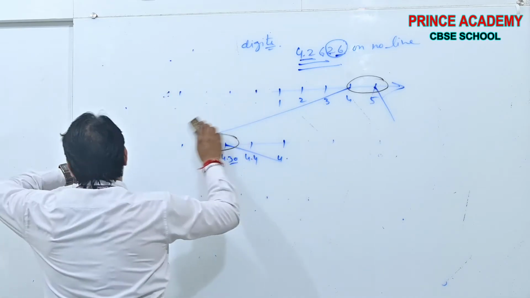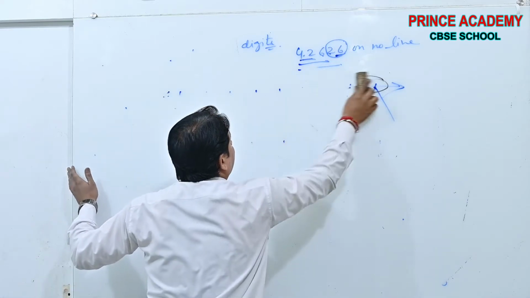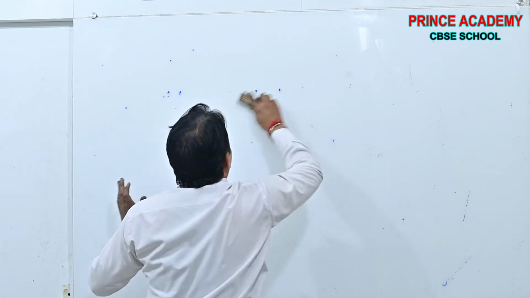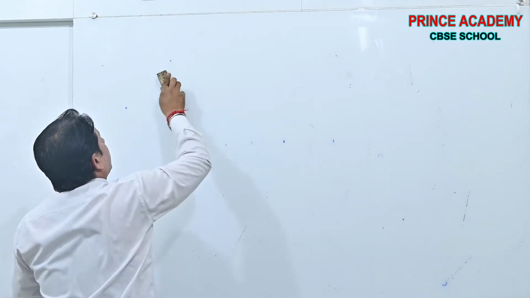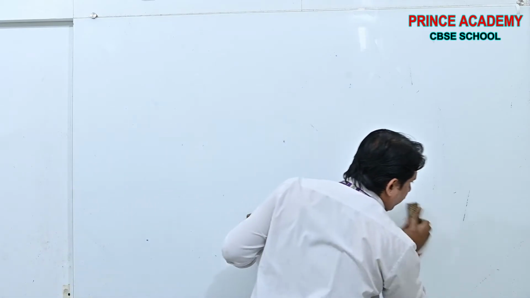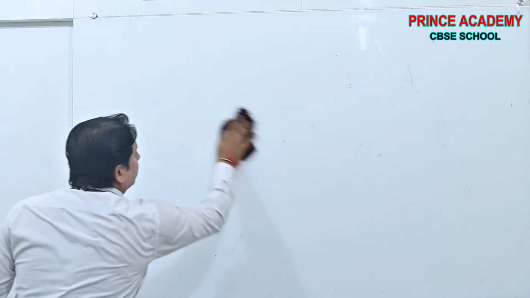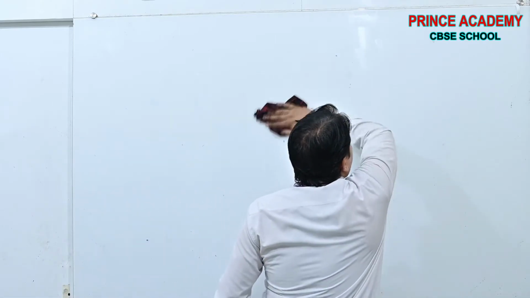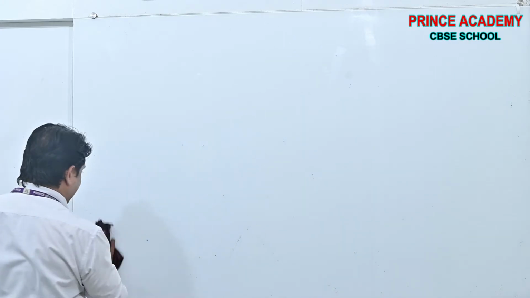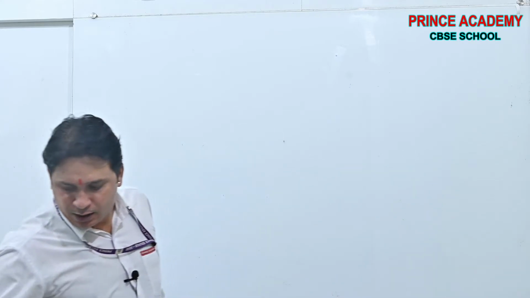Now see beta, I will take your 10 minutes and I will tell you the trick: how we can write a rational repeating decimal number in the form of p by q without the subjective method. This is the trick which is very helpful in SSC, state government exams, central government exams, and many more exams.